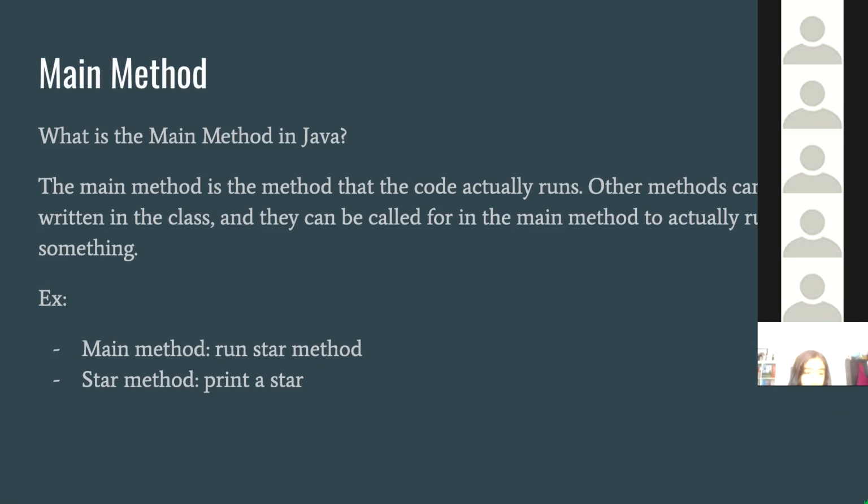So like the star method, the coding environment is divided into multiple sections called methods. You have the star method in a different section, and Java only reads stuff from the main method. So you have to mention the star method, and you have to tell the compiler to run the main method, run the star method in the main method, and only then will it read the star method.